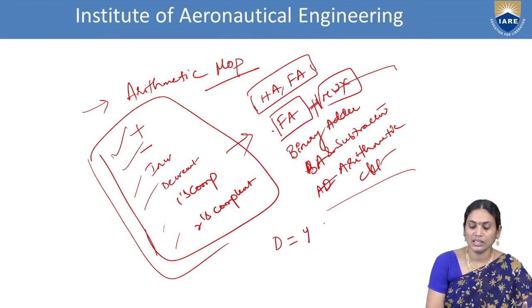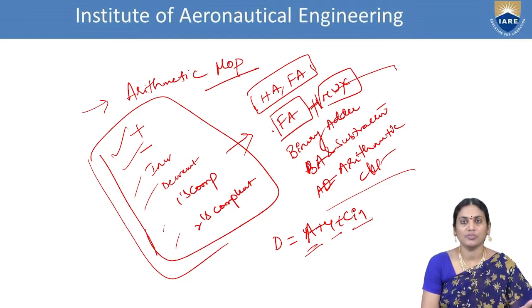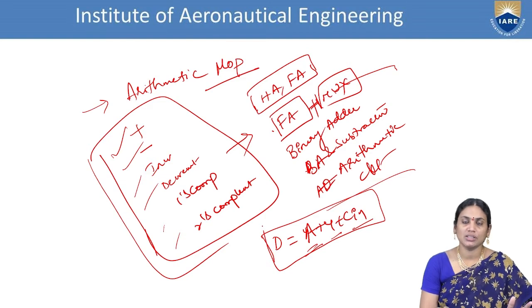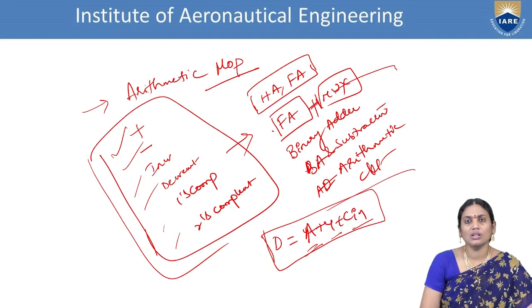So which is written as D equals A plus Y plus C input. A is nothing but the input of A, followed by Y, followed by the carry input, because in some cases we need to perform only transfer, in some cases the complement of the first bit, and in some cases twos complement. In such cases, we need a unique equation that can serve all these particular logic principles. So in this way, we are performing the arithmetic micro operations.